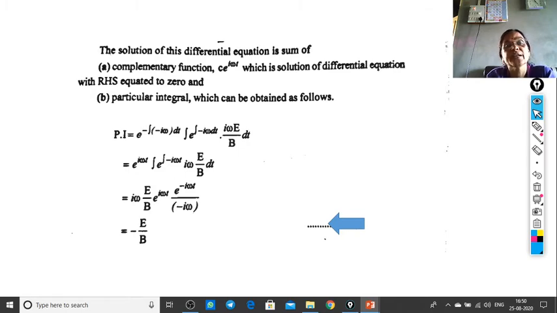And when we consider the RHS as it is, equal to I omega E upon B, then the particular integral, which is the second part of the solution, will be PI equal to this, into e raised to this, integration of e raised to this into I omega E upon B into dt. In simplified form, the particular integral, the second part of the solution, equals minus E upon B. If you observe this equation, the RHS is totally independent of the others, and depends only on the ratio of the magnitudes of both fields applied initially.